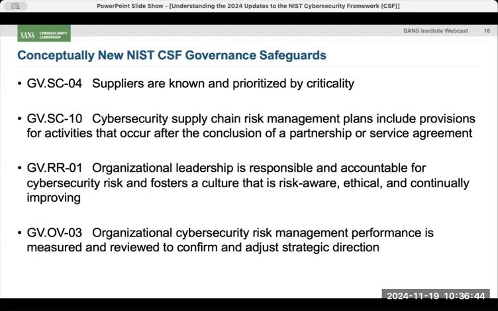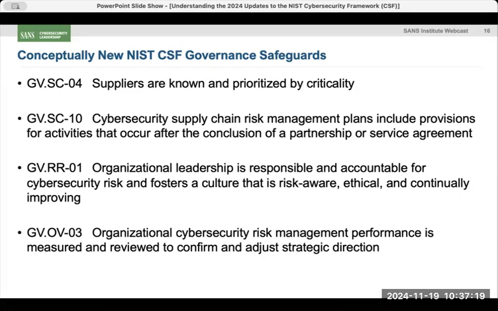So, for example, under supply chain, they're going to ask you to make sure that suppliers are prioritized by criticality, or said a different way, that they're inventoried and then prioritized by criticality. So again, just making sure that you have the ability to do both sides of that. Do we have an inventory clearly? Are they known? And then also, have we defined criticality values for each of those? If we talk third-party risk management, I don't think this is a brand new concept or a new idea by any means. However, I do think it's new to the CSF to call it out specifically. So that's one thing we'll call out.